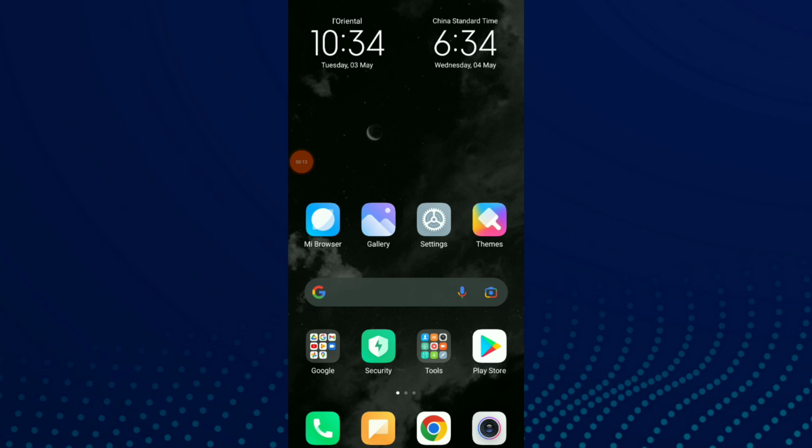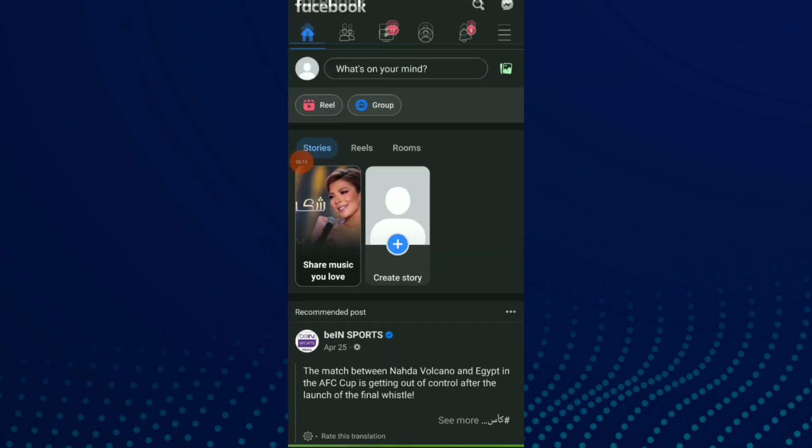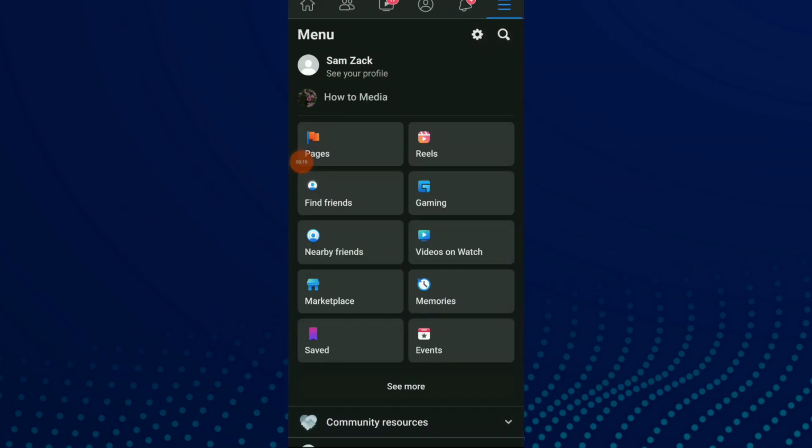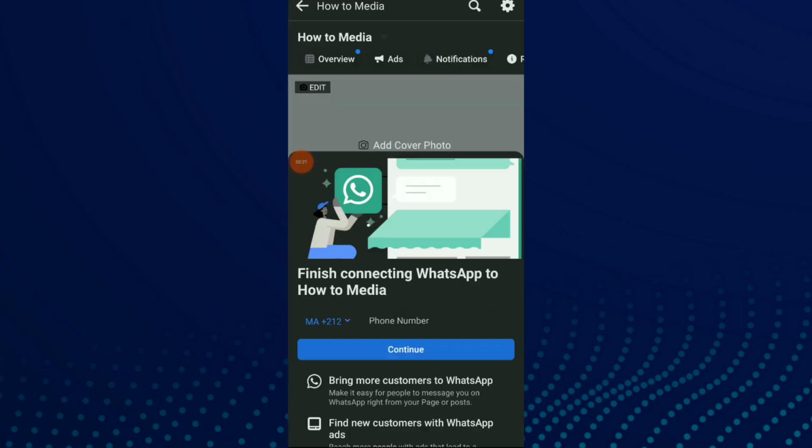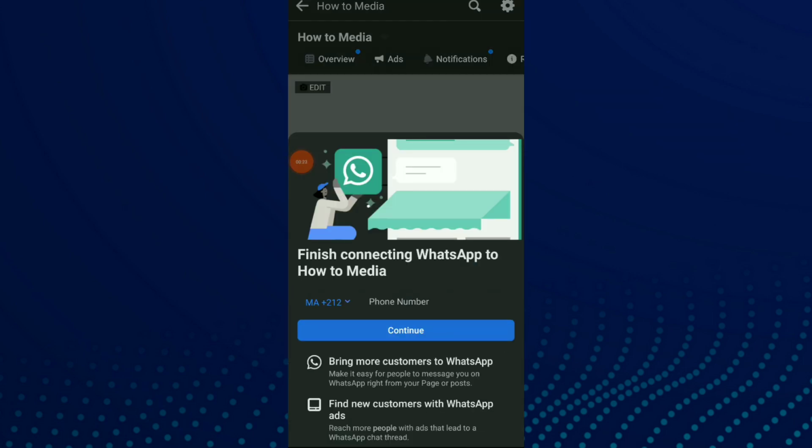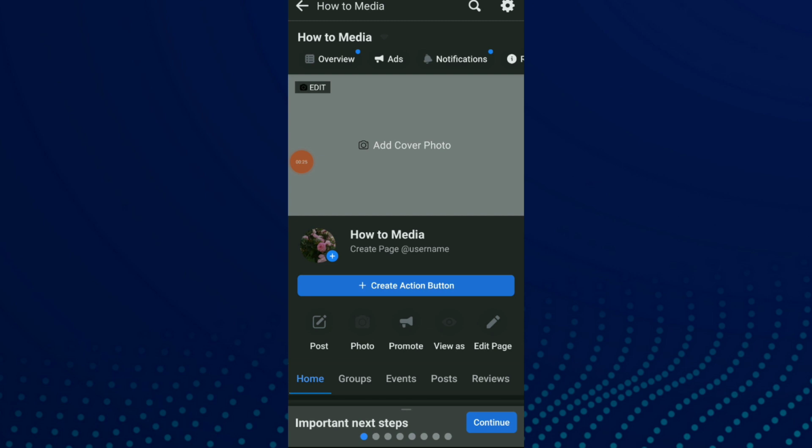Easy and quick. First thing, go to your Facebook app, click on it, and here click on those three lines and click on your page. Once you are in your page, click on overview,